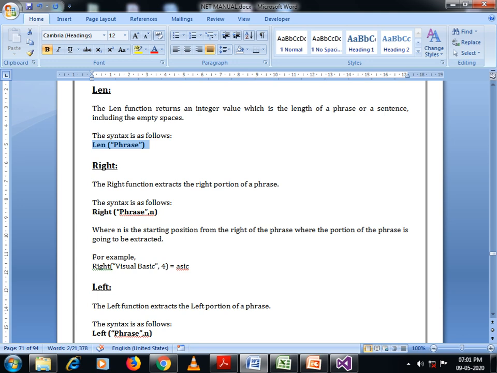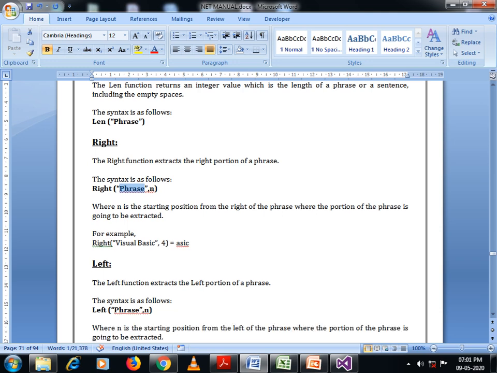The syntax is Right, given string, and the number of characters to be extracted from the right hand side, where n is the starting position from the right of the phrase where the portion of the phrase is going to be extracted. For example, if I write Right Visual Basic, 4, it will return the last 4 characters, because it is on the right hand side of the given string. So it returns SIC.